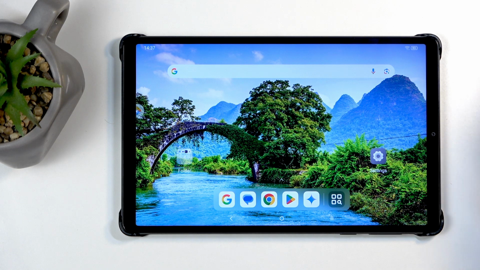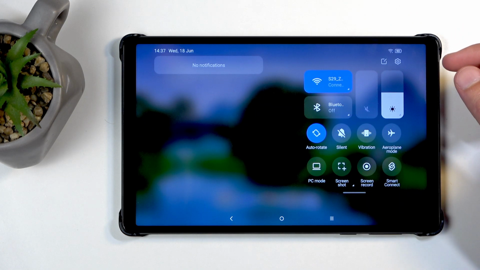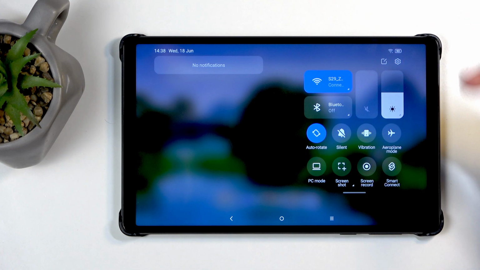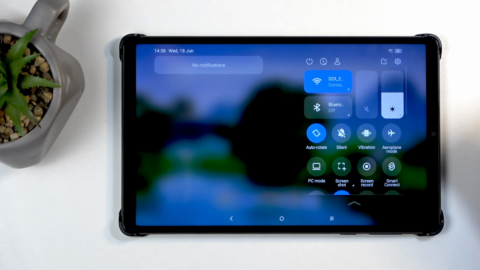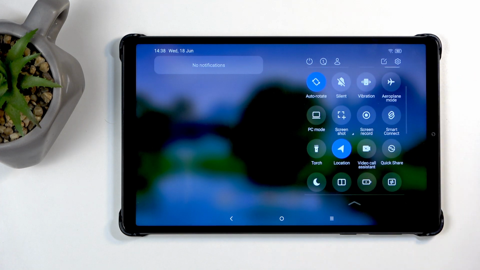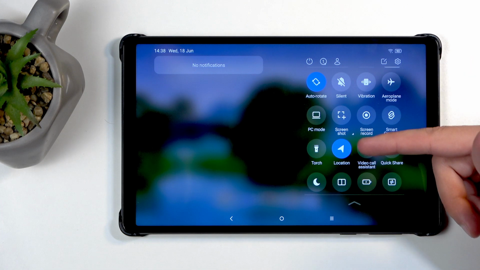So to get started, you'll want to swipe down from the top of your screen, which will bring down your toggles and notifications, and somewhere here you want to swipe down again. This will extend the list of toggles so you can now scroll down. Now we're looking for the Do Not Disturb mode,